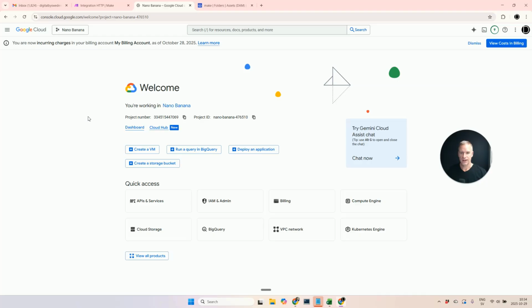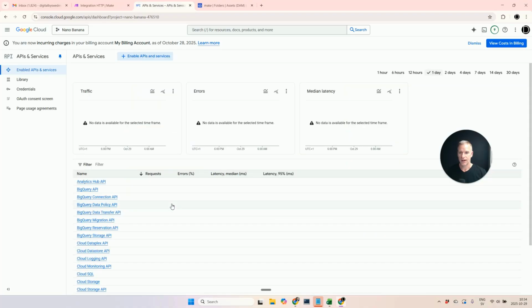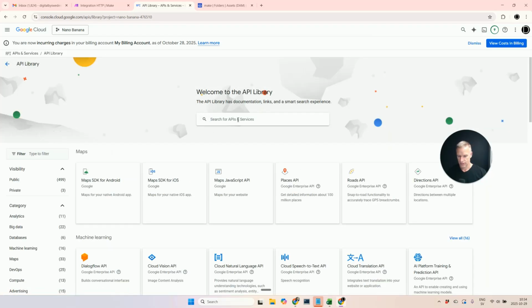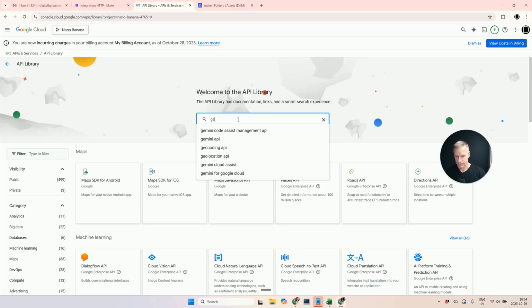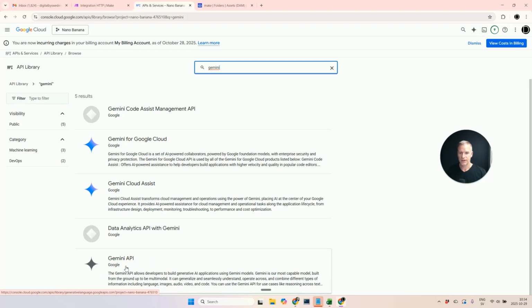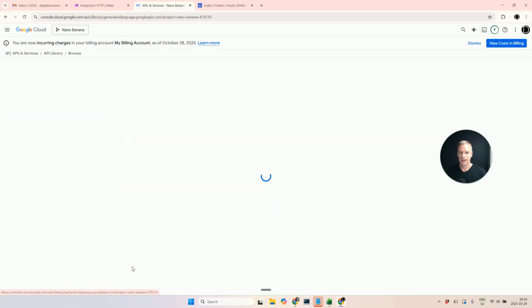And in here, I can see APIs and services. So let's click on that quick access button. And in here, I have a library of different APIs that is available from Google. So in here, I will search for Gemini, because this Nanobanana product isn't really called Nanobanana in here, but it's called the Gemini API. So down here I find the API. Let's click on it